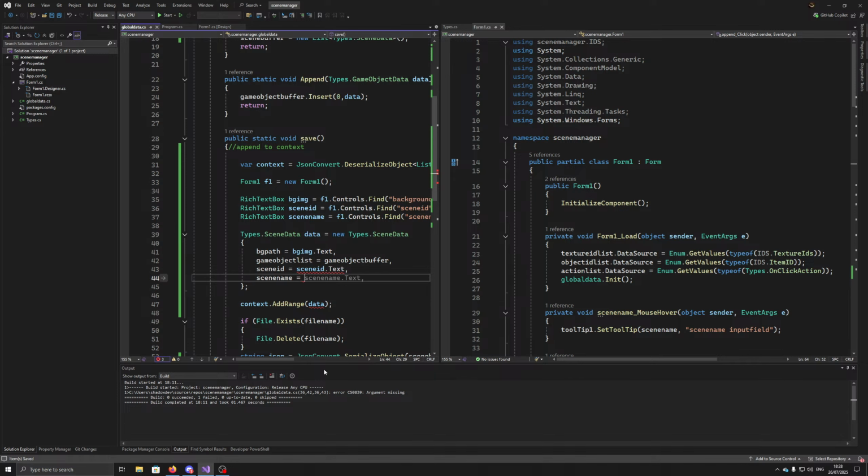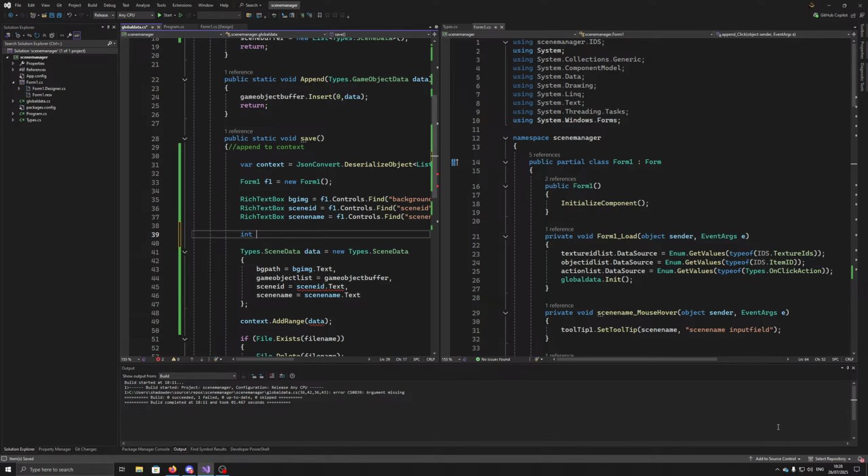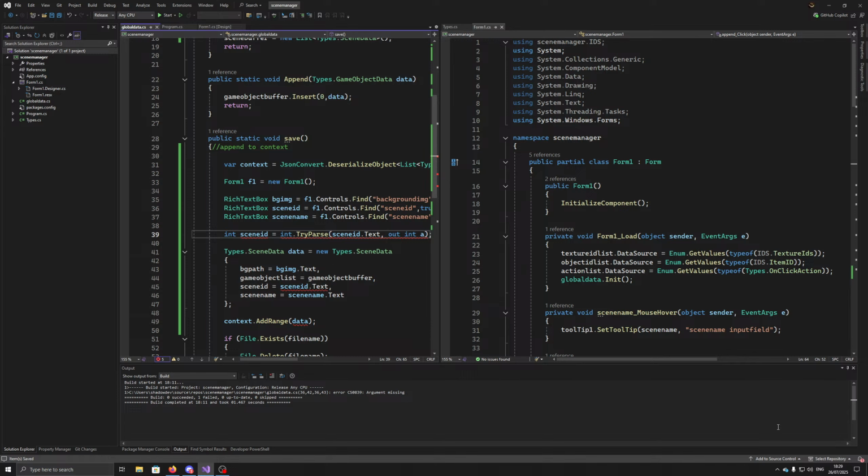Set scene name dot text. Right, cool. Right, but we have to parse it as int because, right. Int scene ID set int dot parse this out int a because yeah, so